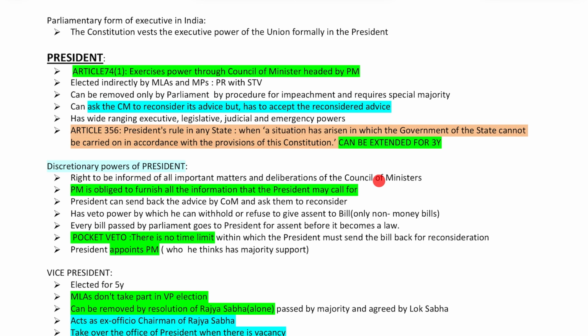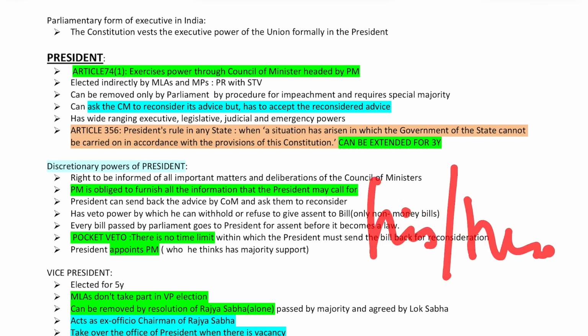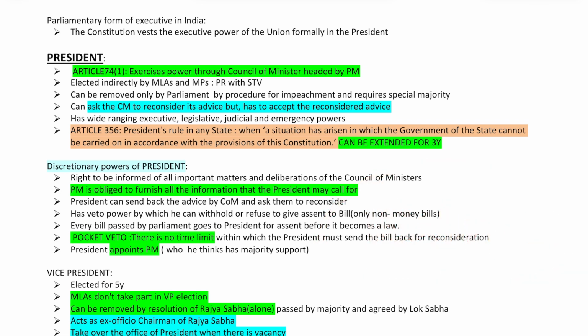So I'm trying to speak more in terms of the female gender, because all the textbooks are basically written from the perspective of the males. So even for the President and the Prime Minister, all the pronouns are his and him. So these things also need to be changed. So anyways,